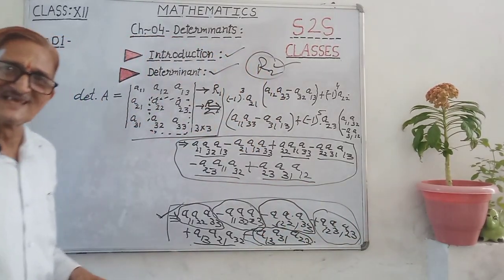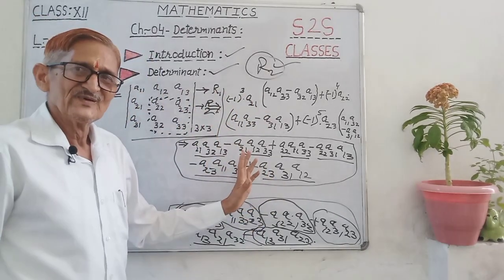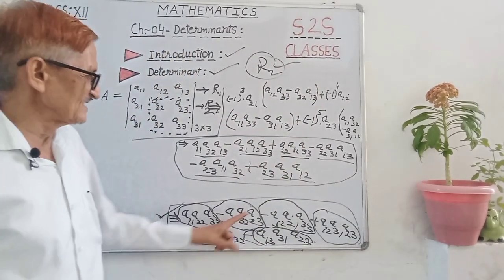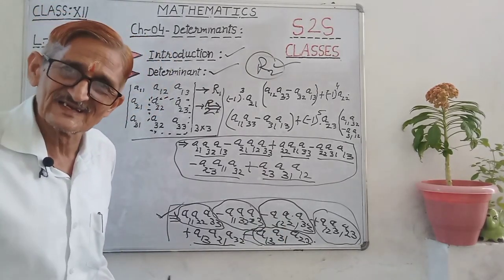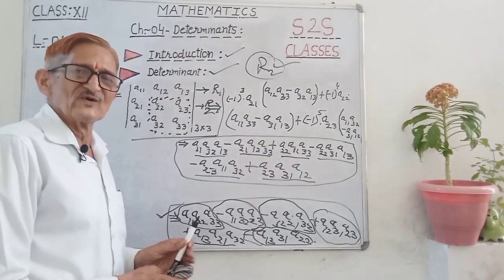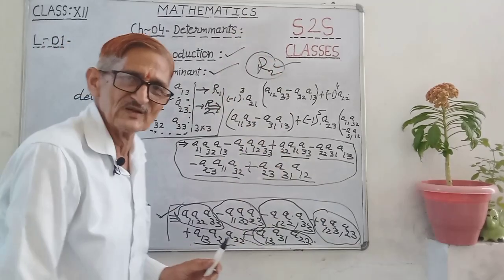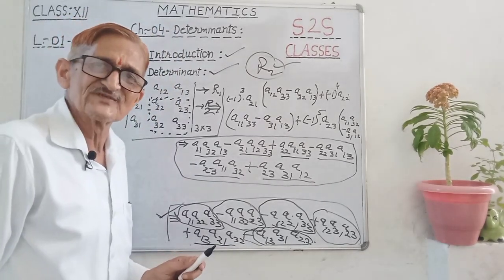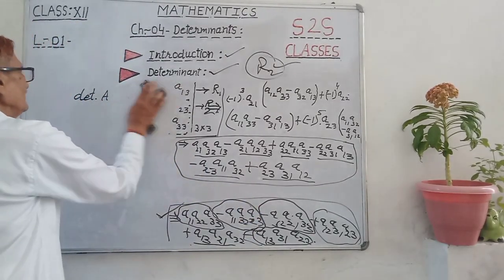So we can say that if you are expanding along any one row, R1 or R2 or R3, or similarly column 1, column 2, column 3, the result will be the same. Understand this thing? So this is the special thing: to expand any determinant along R1, R2, R3, C1, C2 or C3, any one row or any one column, the value will come the same. Okay, you can check here. Done. This is the most important thing which we have done now.